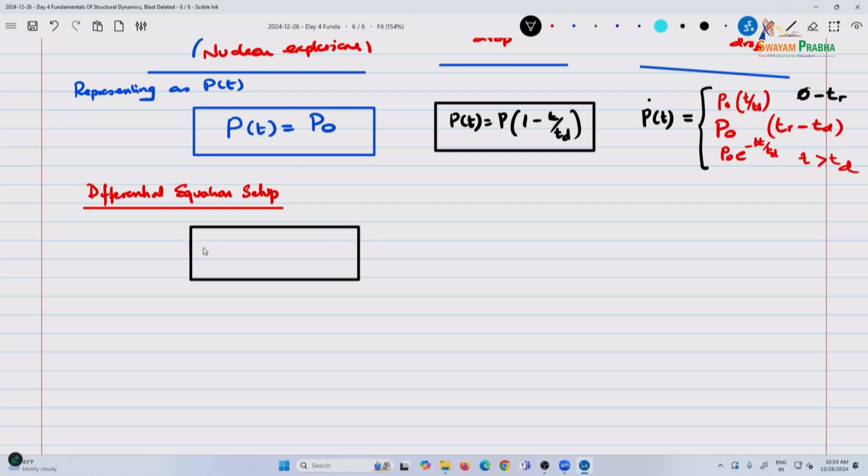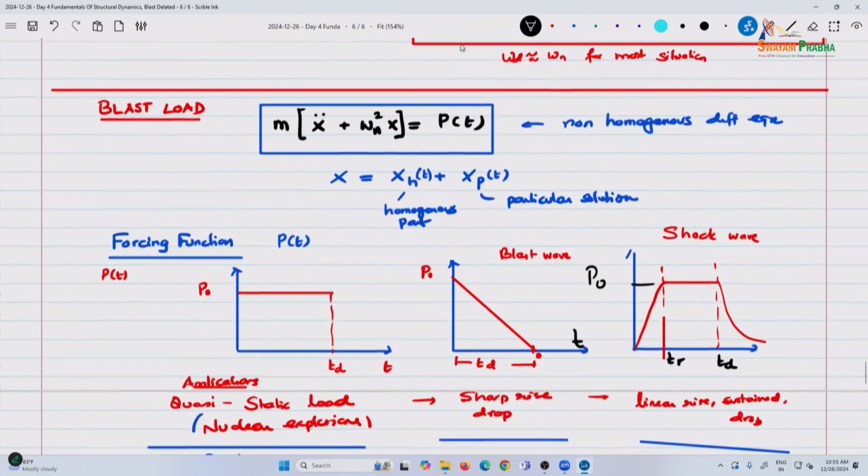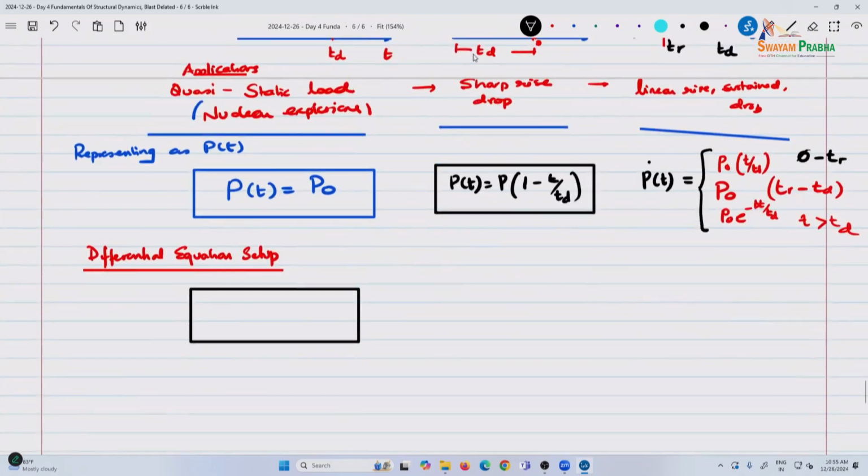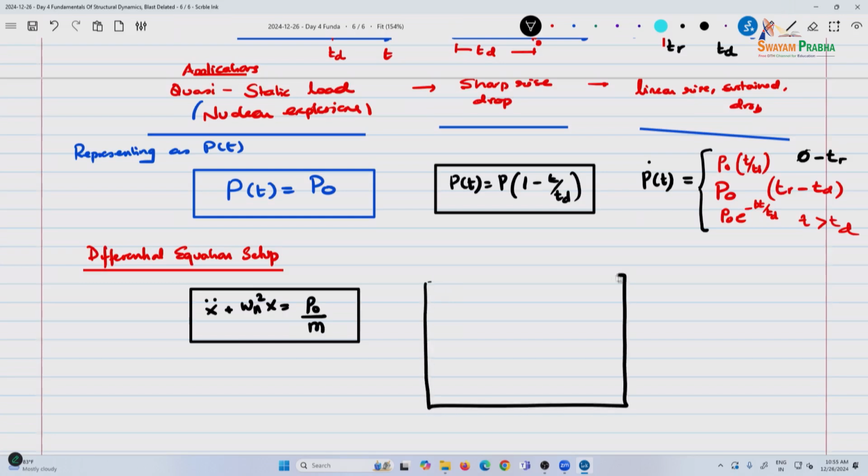You are solving the expression, let me use the same terms, m x double dot plus omega n square x is equal to p naught by m. Now, if I set this one up, this is p of t, I'm sorry,